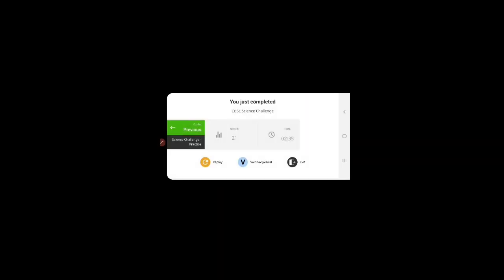Opening the Diksha app. See, my score is 21. Time taken 2 minutes 35 seconds. So I have completed my science challenge.